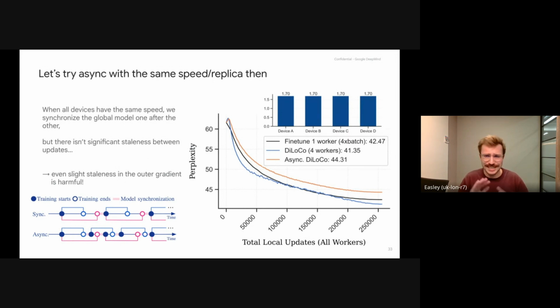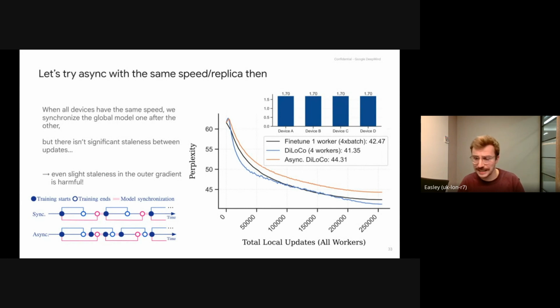So we're going to take a very simple setting for our asynchronous. We can take 4 devices, 4 replicas, each of them with the same speed. For example, here devices A, B, C, and D have the same speed of 1.70 seconds per step. They have the same speed, and in our asynchronous setting, they will synchronize each of them on the central server without having to wait for each other.